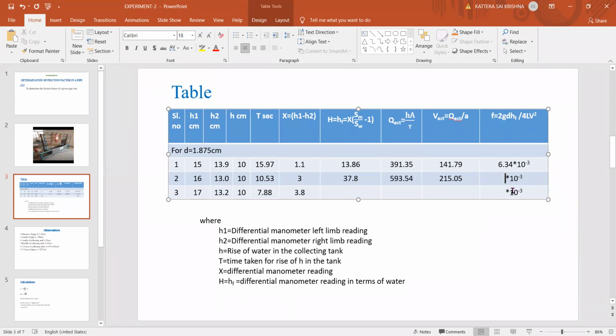Sorry, this value we need to write now. Right, what is F value? I forgot to ask. Second reading F value. 7.52, sir. Yes, sir. Right, okay. Raghuveer, what happened? H value?